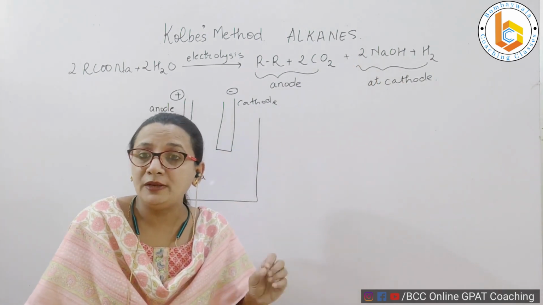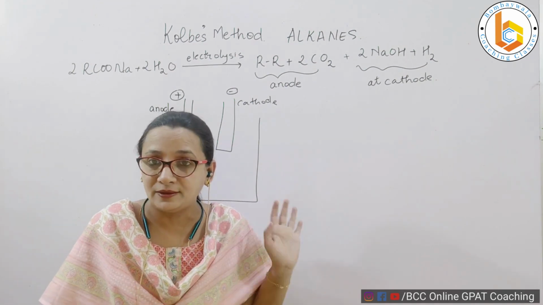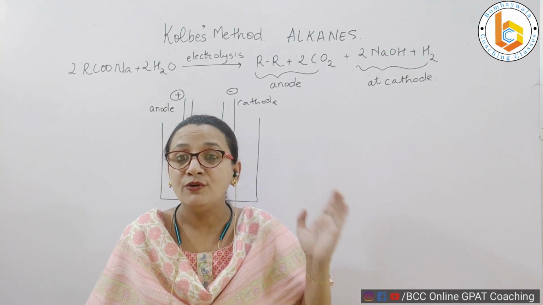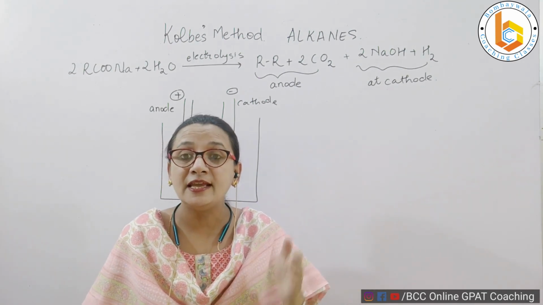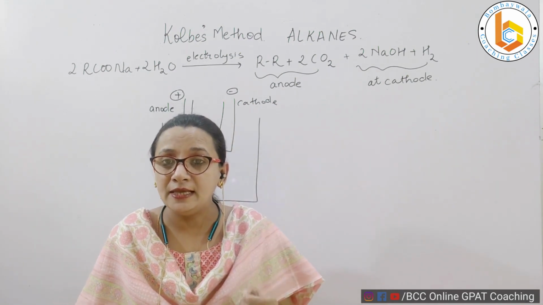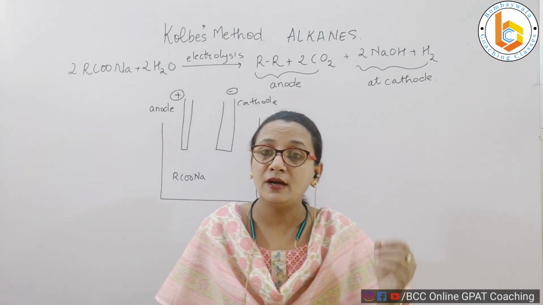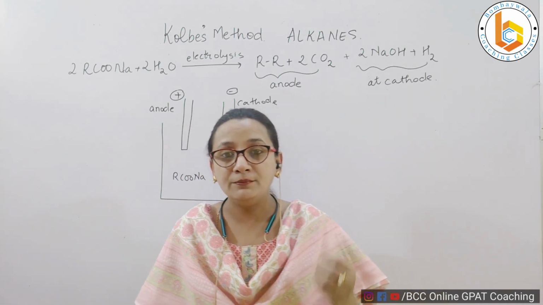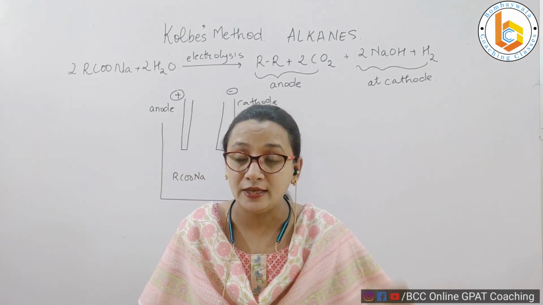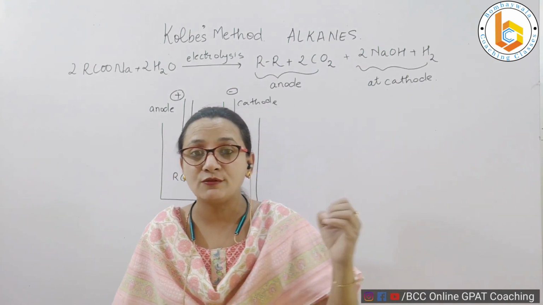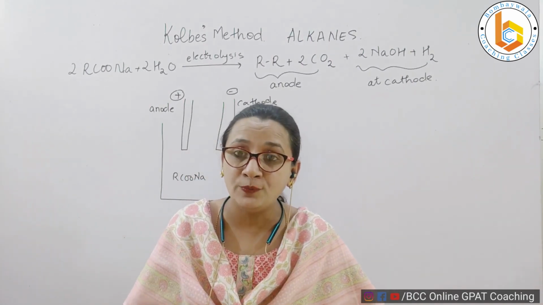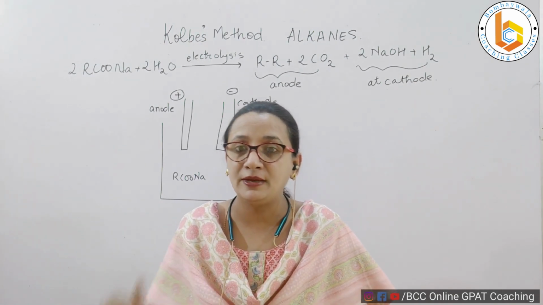Just writing the reaction plainly like this does not explain anything. Now let us see how the mechanism for this reaction proceeds. How does electrolysis happen? Let's have a look. One thing to remember is that alkane reactions follow the free radical path. You will be seeing videos on the characteristic reactions of alkanes, that is substitution reactions of alkanes, in which it will be proved to you that alkanes react via free radical mechanism.